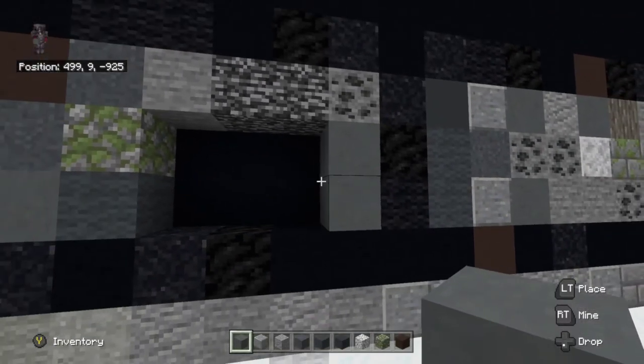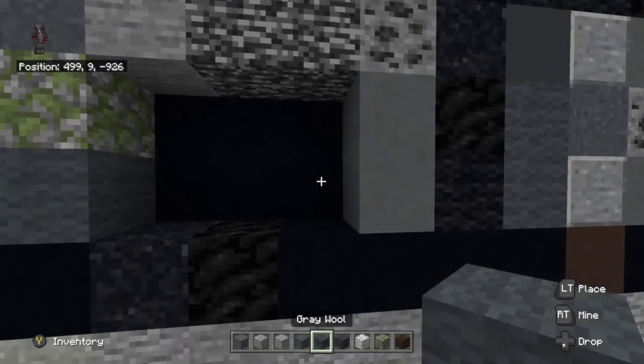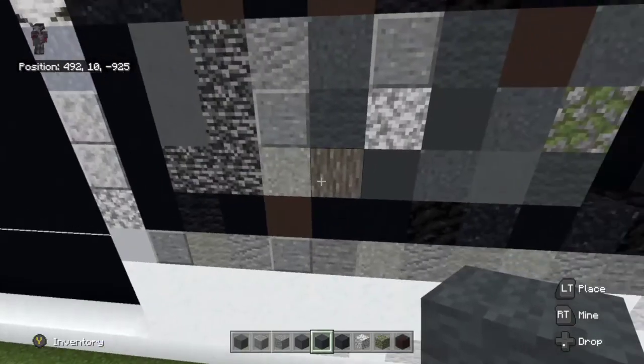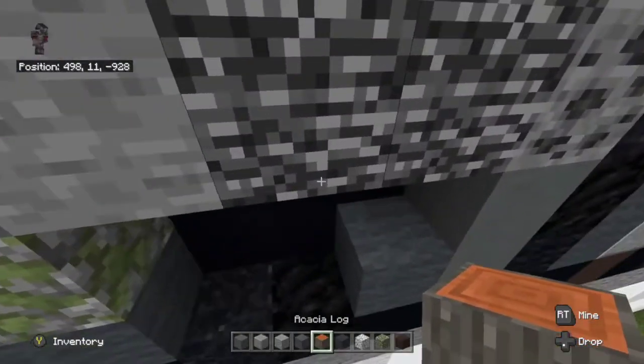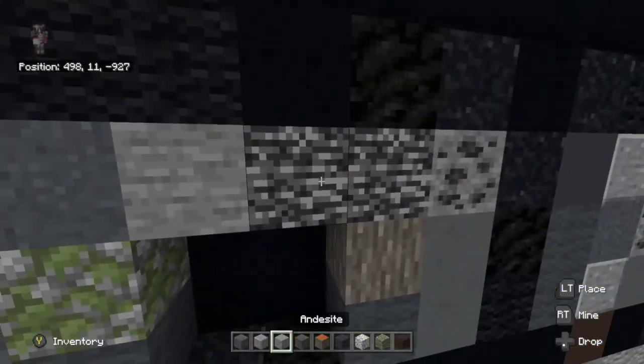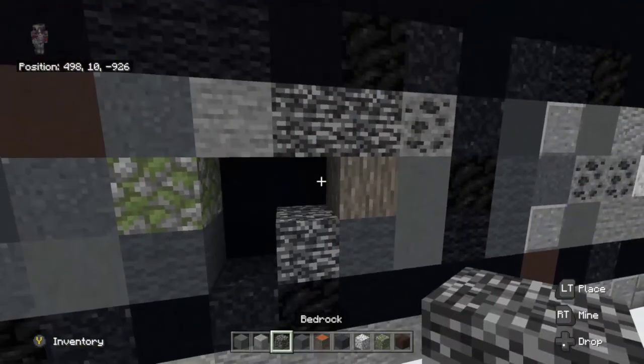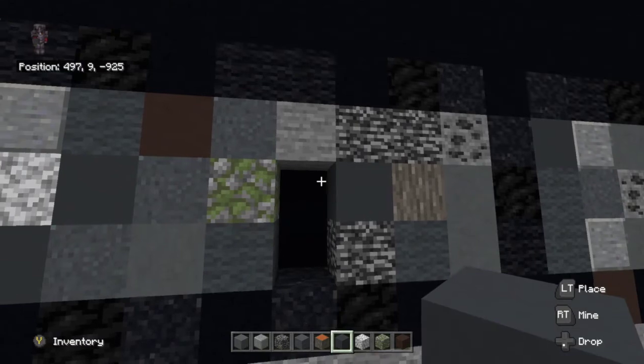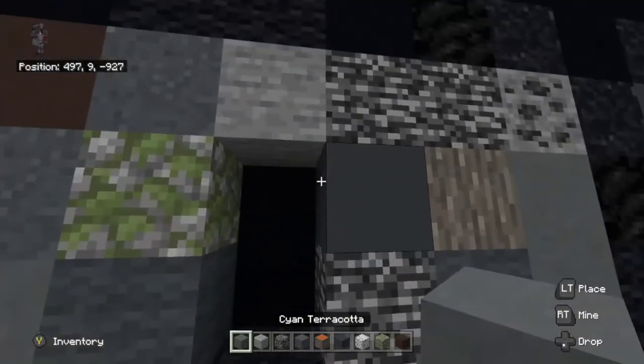Then we're going to place us gray wool to the left of the cyan terracotta at the very bottom. Then we're going to go ahead and take us acacia wood log, place that on top of the gray wool. Then to the left of the gray wool, we're going to go ahead and place this bedrock, and then we're going to place on top of the bedrock gray concrete. To the left of the gray concrete, we're going to place this cyan terracotta, and then we're going to go